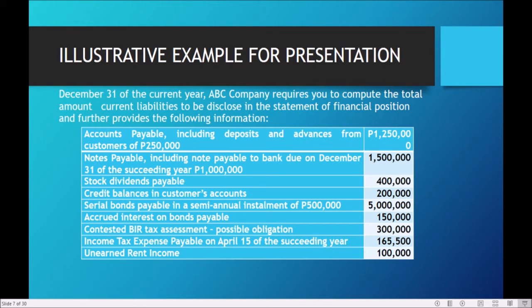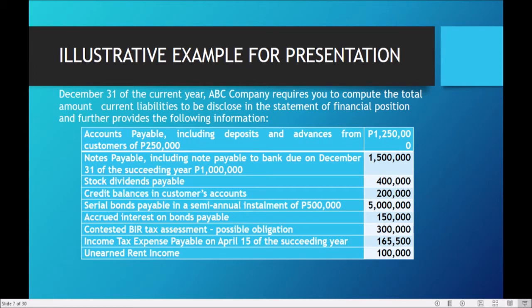Because this is a possible obligation, well, this is a liability but not subject to disclosure in the face of the financial statements, particularly on the statement of financial position. Okay? So, if that would be the case, hindi ko po siya isasama sa computation ko. Hindi ko rin po isasama sa pag-determine or hindi ko po siya consider na liability